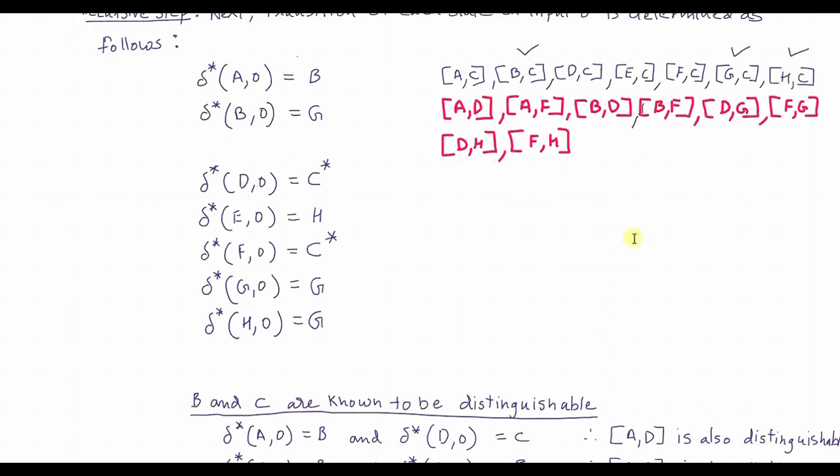So h comma c. Now when you consider h comma c, you see that there is only one h and there are 2 c's. So first I will consider this h comma c, and then I will consider this h comma c, and there are only 2 combinations. You will get only 2 new states. So looking at the first combination, since C and H are known to be distinguishable, you can easily say that D and E is also distinguishable. Similarly, since C and H is distinguishable, from the second pair over here, you can easily make out that E and F is also distinguishable. So you will get two states here, D and E, and you will get E and F.